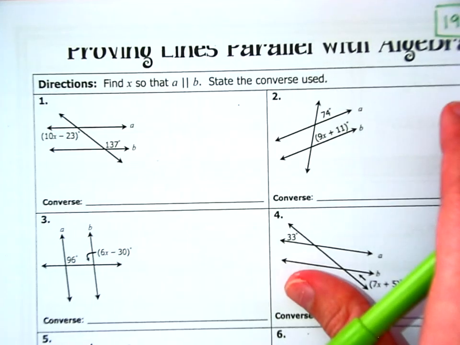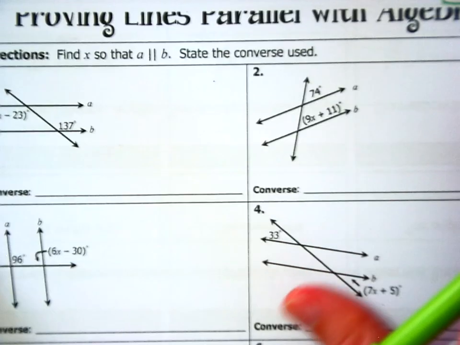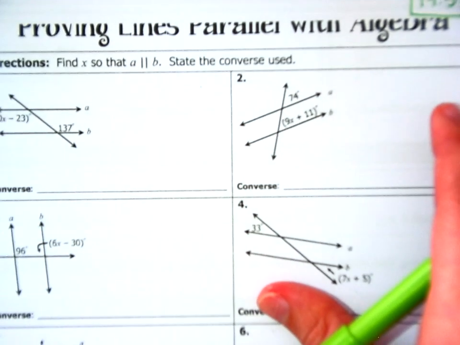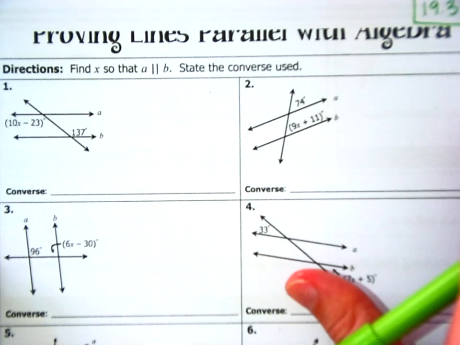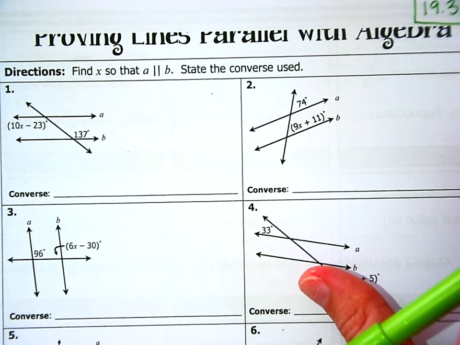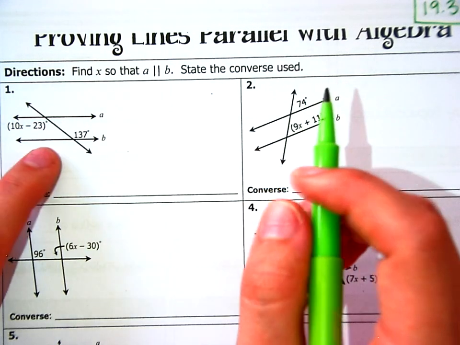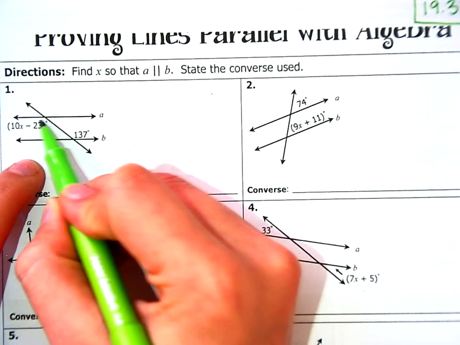Let's look at what kind of angles we have, and then we are going to either set them equal to each other or add them up to equal 180. Remember, that's really only our two choices for these diagrams here, and let me make this a little clearer for you. Okay, so first I have this picture right here,